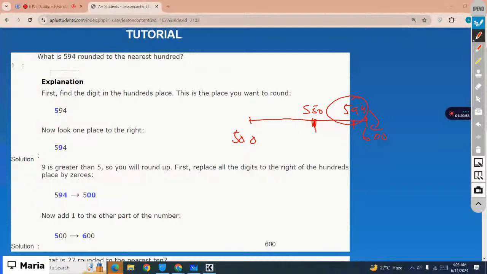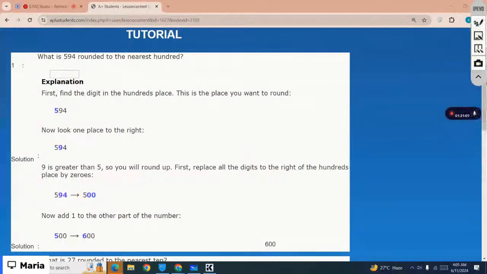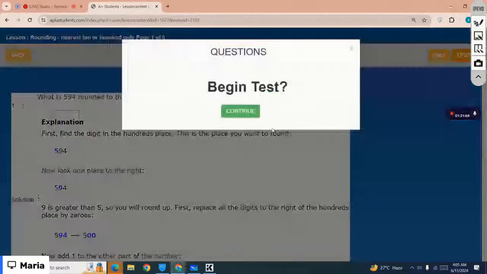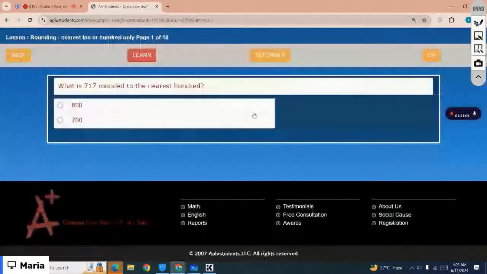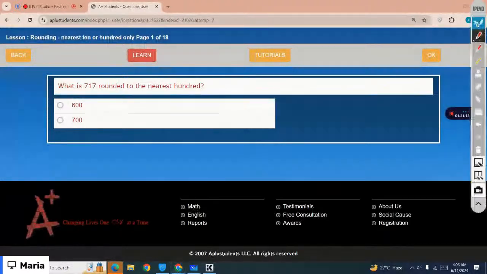Let's just start with the test questions, right? What is 717 rounded to the nearest 100? So you have to round it to the nearest 100. Just look for the digit that is at the hundreds position. 7 is at the hundreds position, right? The next digit to 7 is 1, and 1 is less than 5. So 717 is rounded off to